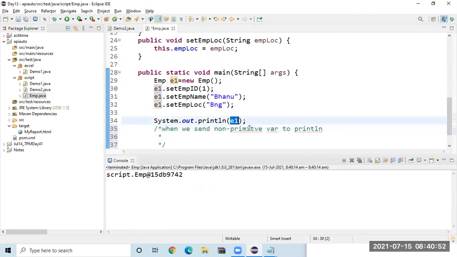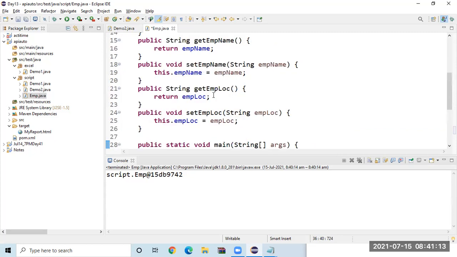Yes. Primitive means the normal int, byte, and so on. This is a non-primitive. When we send a non-primitive variable to println, it will call the toString method.